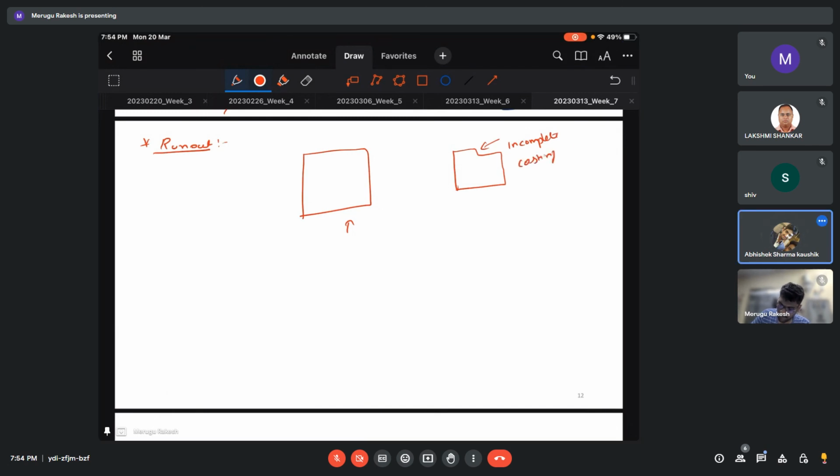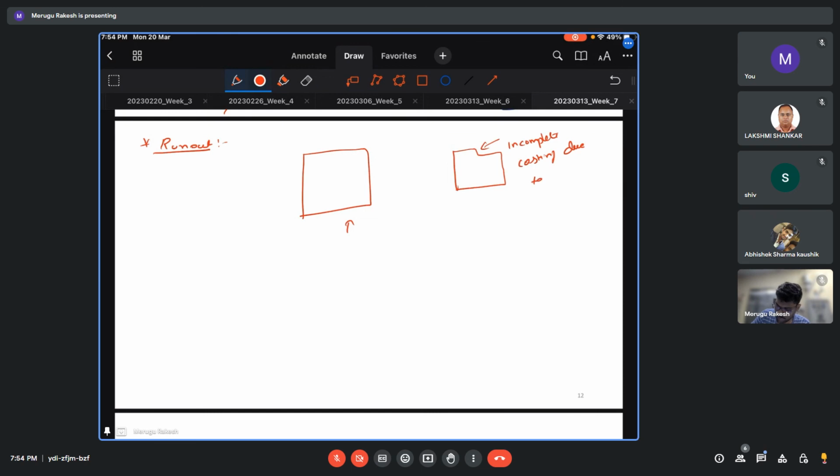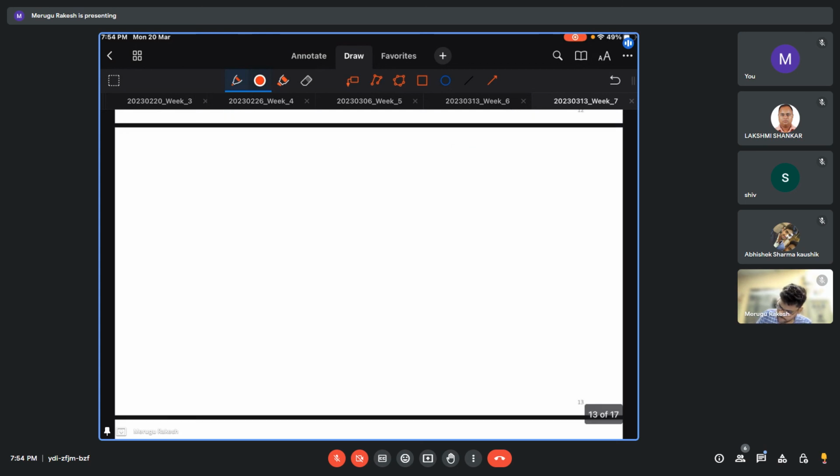Short pouring, due to leakage of the molten metal. That is the runout defect. I think the other defects are almost similar. And one more thing I missed is